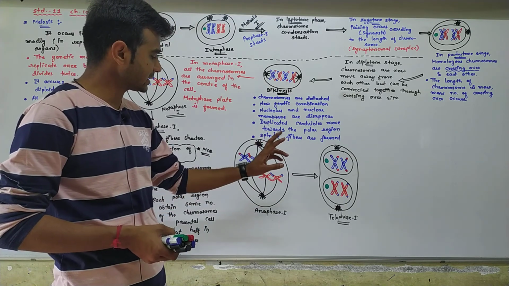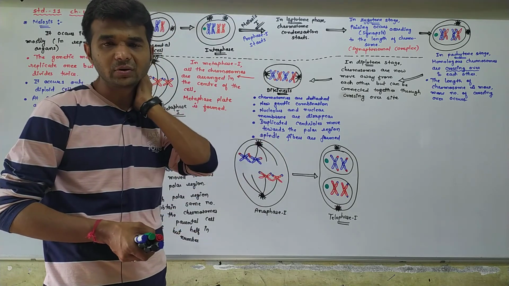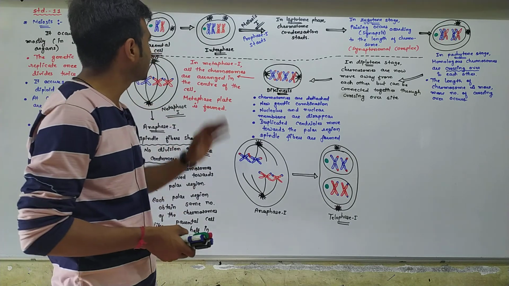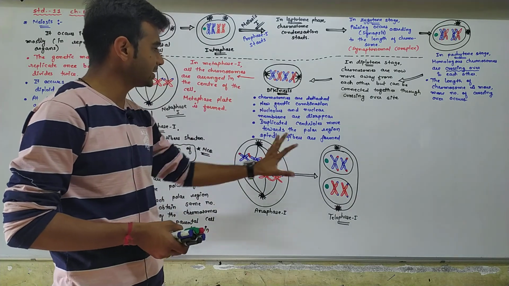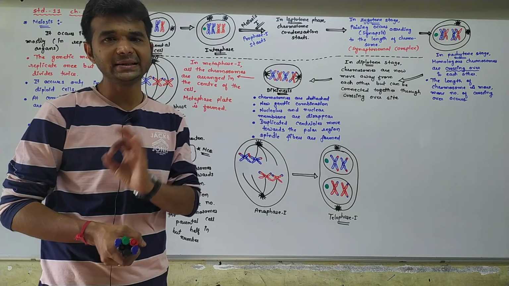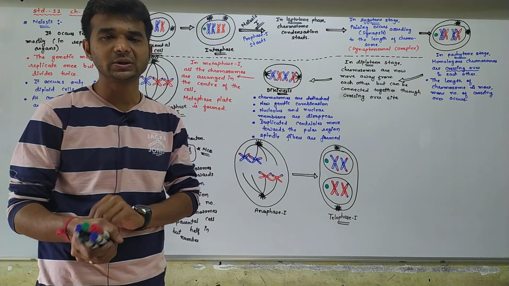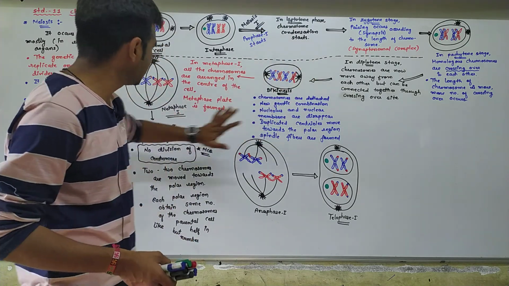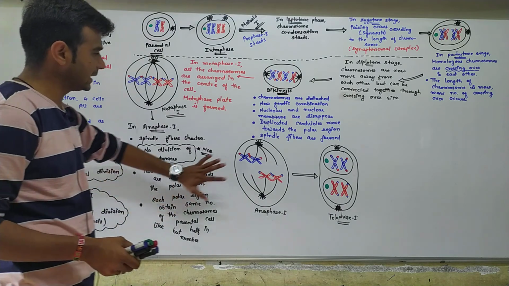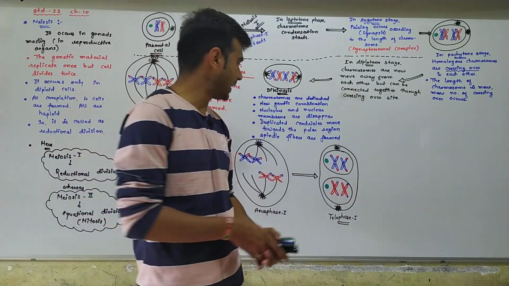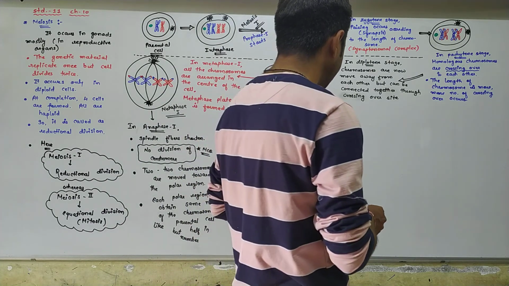These two nuclei consist of half the number of chromosomes of the parental cells, and that's why the whole karyokinesis is over. Okay, the whole karyokinesis of meiosis 1 is over: prophase 1, the 5 stages we had discussed, metaphase 1, anaphase 1 and telophase 1. And now at the end of this, you understand.